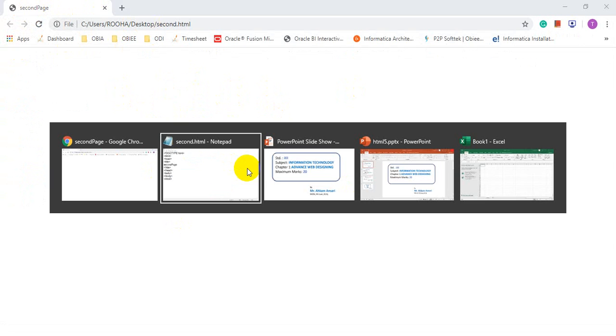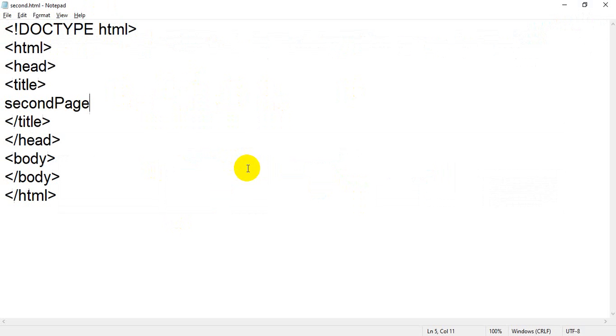What is the second page? It is your title. Still we don't have anything on our browser, on our web page, because whatever you write inside the body tag, it will display on your browser. So I'm going back to my page. Inside the body tag, whatever you write, this thing we have already discussed, but for those who are new, I just want to show you, whatever you write inside the body tag, it will display.